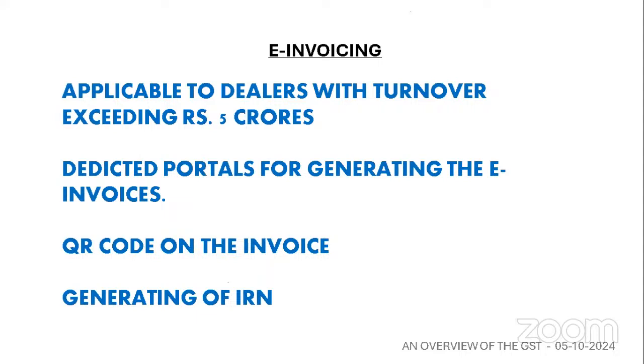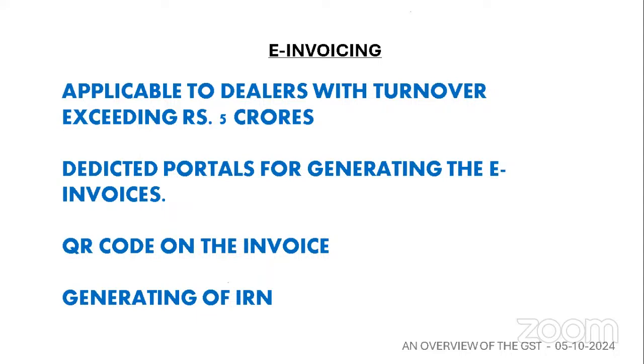The e-invoicing portal will capture the data, and it will give an internal reference number to you. That internal reference number should be printed on the invoice, but also a QR code will be generated, and the e-invoicing portal will throw you your invoice. So you input your own invoice, and it will come back to you with some additional information, like one is the QR code, the other one is the IRN number. Now, every registered person whose turnover is more than 5 crore rupees in a year must do e-invoicing.